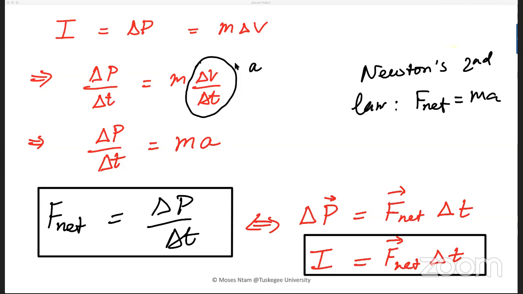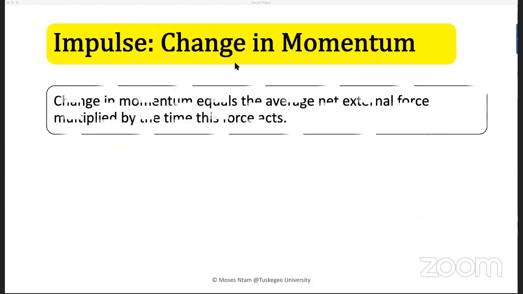So we've defined momentum, we've defined the change in momentum, which is impulse. We've connected the change in momentum to the average force. Now let's look at some everyday life implications of this concept of momentum and impulse. So in everyday life,